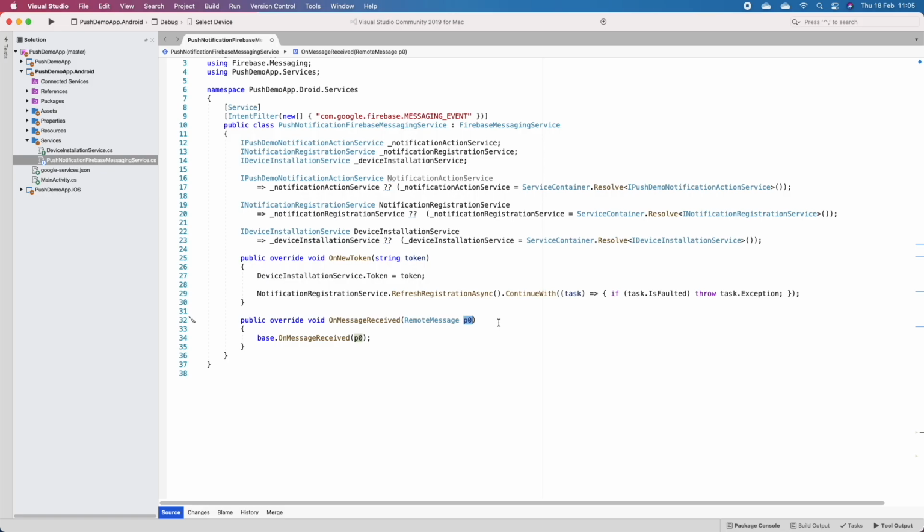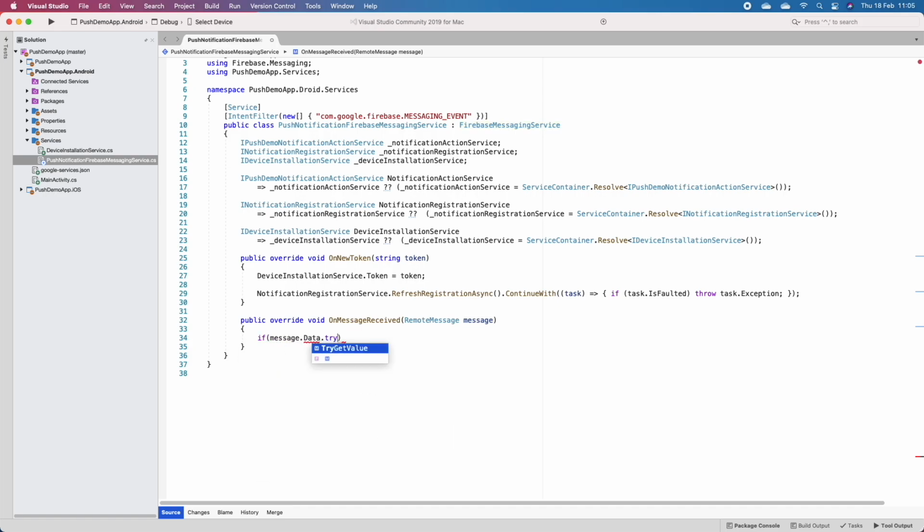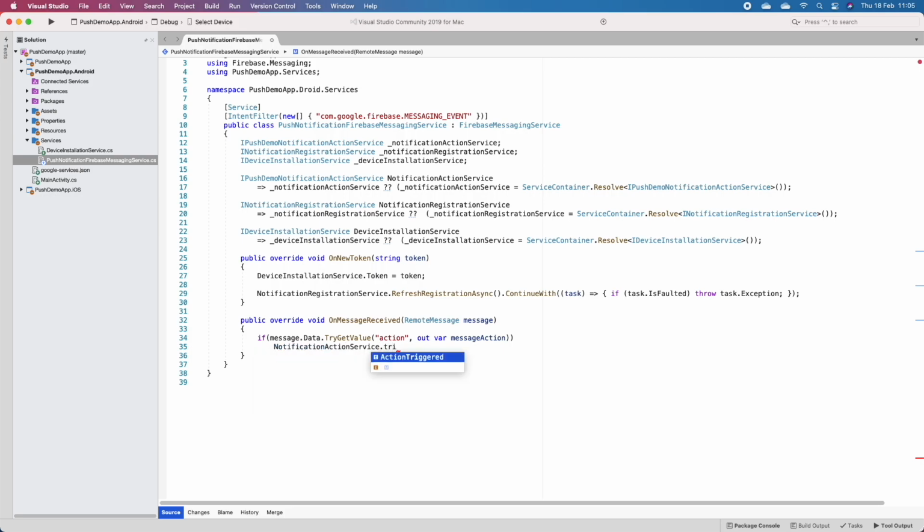Method, and this is the message that's been received. We'll say if the message.data.tryGetValue action out of our message action. So this will try and get the value. If it does, it'll essentially output a variable that we can use in this if statement. So notification action service dot trigger action